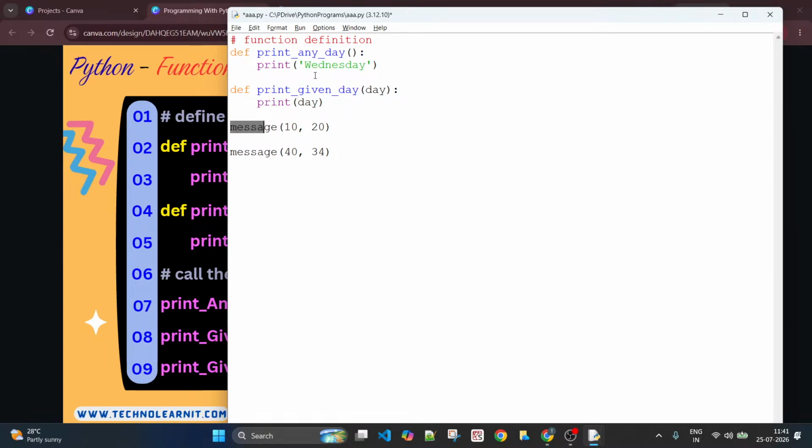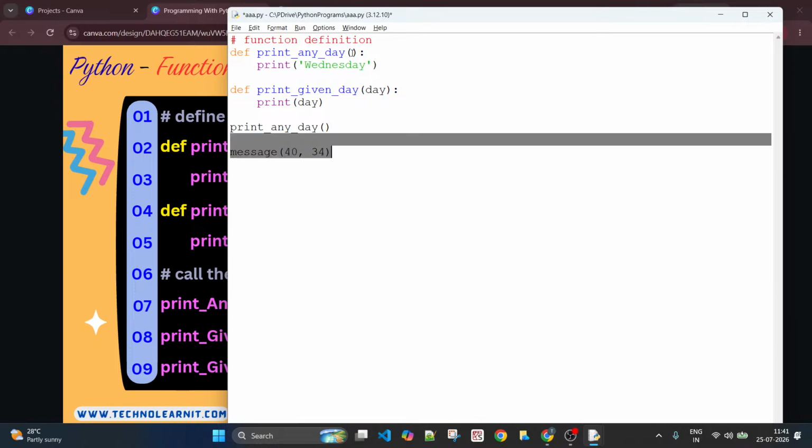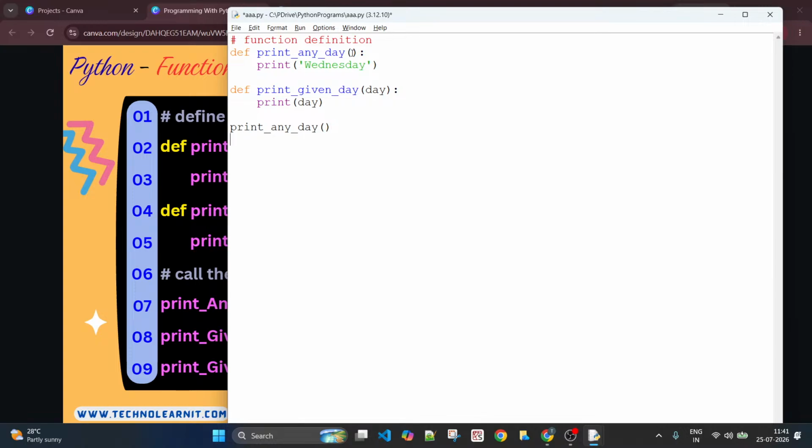So now I'm going to call the function print any day. And does this print any day function take arguments? No, because the braces are empty, so you cannot pass any argument to this. Let us see what happens so far.